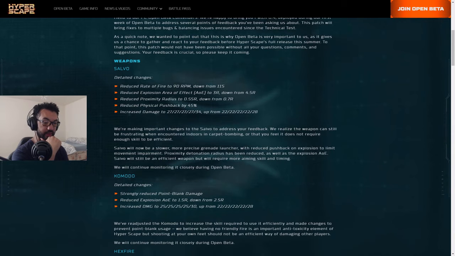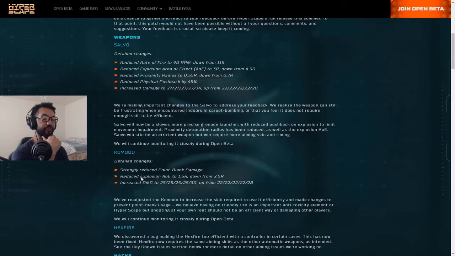Okay, the Komodo, another OP one. They've strongly reduced point blank damage. They've reduced the AoE from 2.5 down to 1.5. But then again, they've increased the damage. It was already strong. Why are they increasing? They're doing good nerfs, but then they're upping the damage. So isn't that counterproductive? We'll have to test it when we get in game, but